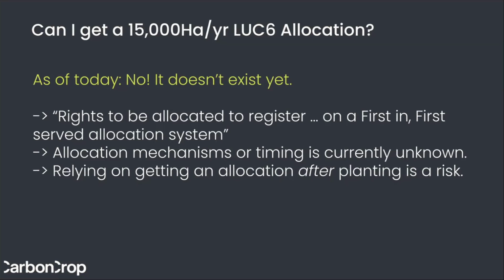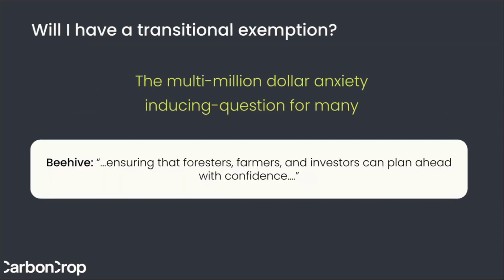I would just say that planting this year and relying on this as the mechanism for registration is very much a risk, because you don't know how the allocation is going to occur, and you don't know whether you're going to get a share of it. You're basically relying on whatever it ends up being, you getting an entitlement, and I would say that that's by no means guaranteed, because it's going to be a popular thing. We expect that a lot of people will want these allocations.